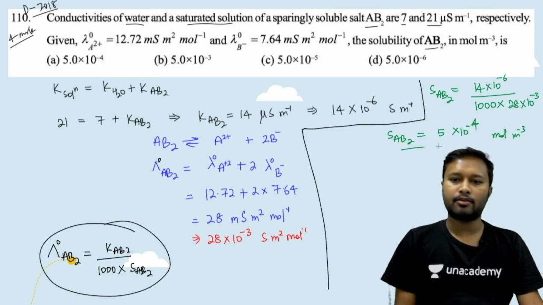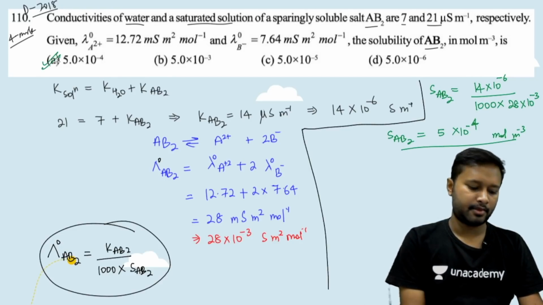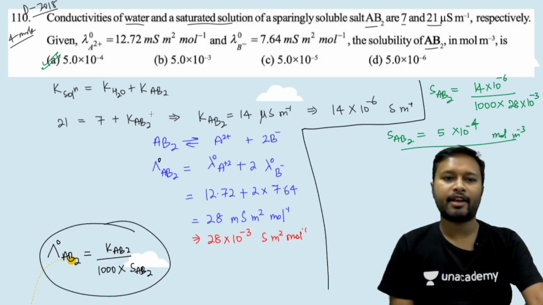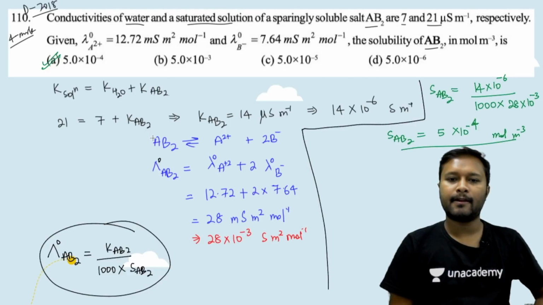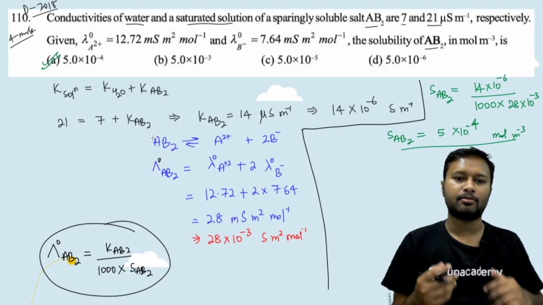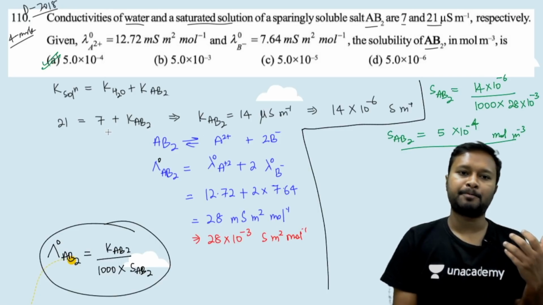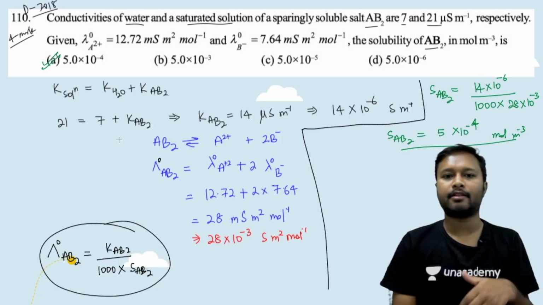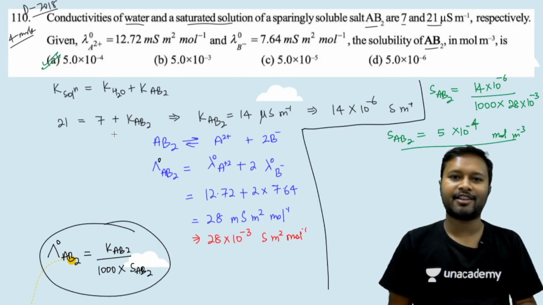So I have solved it to tell you all. I've already done all these calculations. So the correct option comes out to be option A. This is how it has to be done, and the calculation part and the rest of the things are done like that. I hope this is much clearer to you. The key point to solve this question was to find out the conductivity of the salt and then to do it further. So that's how it has to be done. All right, let's take the next one then.